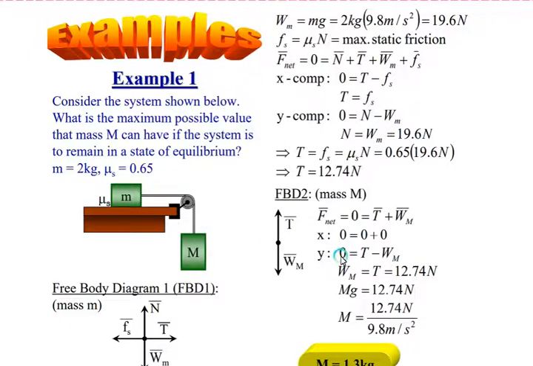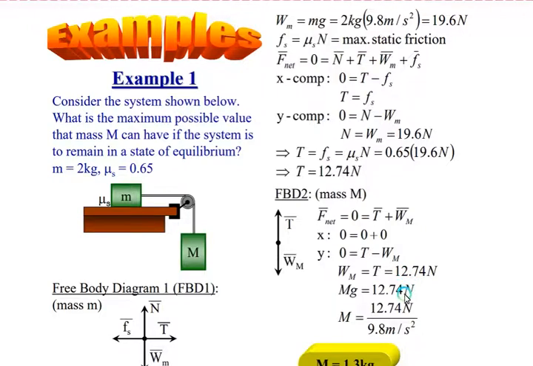So for the vertical component, we equate to 0. Upward is positive, so we have T minus the weight of our object, which is equal to what we are looking for. So the weight of the object will be equal to the tensile force, which we got in the first free body diagram, in our first analysis,